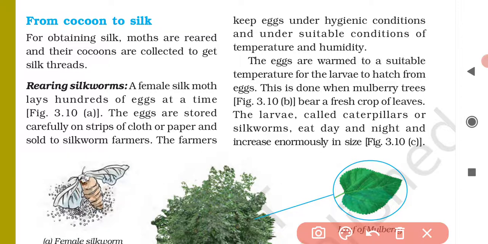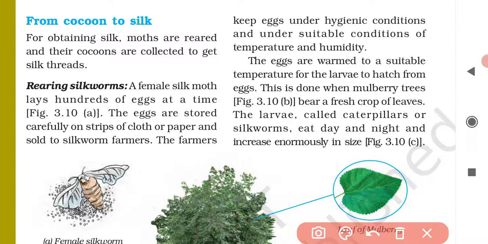When the eggs hatch, the silkworms, say larvae or caterpillars, come out of the eggs.